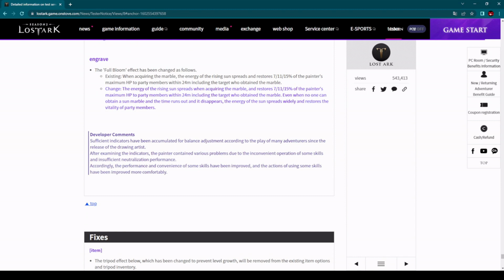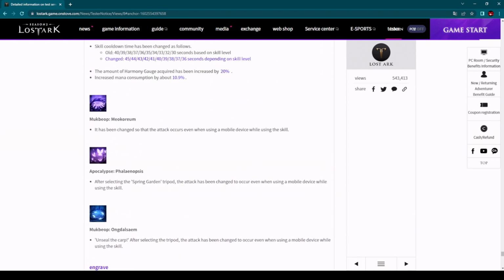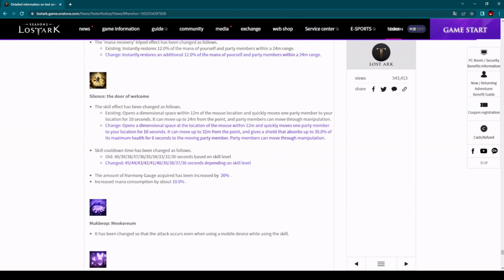Sufficient indicators have been accumulated for balance adjustments according to the play of many adventurers since the release. Yeah, since the release. After examining the indicators, the Painter contained various problems due to inconvenient operation of some skills and insufficient neutralization performance. Accordingly, the performance and convenience of some skills have been improved, and the actions of using some skills have been improved to be more comfortable. So, yeah, I wouldn't say there are some huge changes here regarding the Painter class, because this is a new